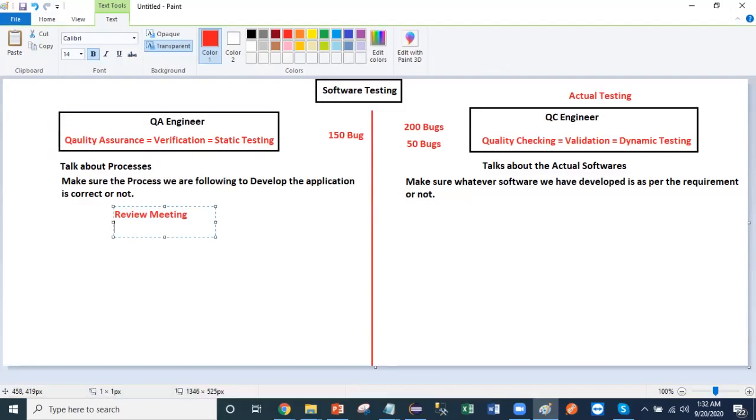So suppose some senior person is sitting in the review meeting, right? He can give his suggestion. Oh, okay, do one thing. Rather than using the for loop, can you use the while loop? Rather than using the condition over here, can you put the condition on the top of your logic, right? So this is how they are helping each other to improve the code.